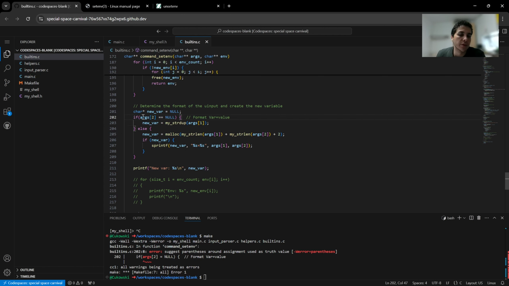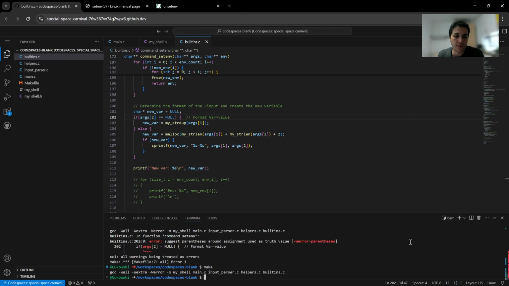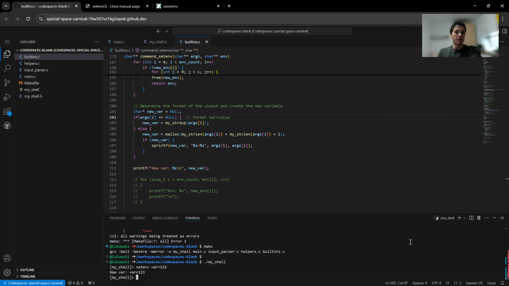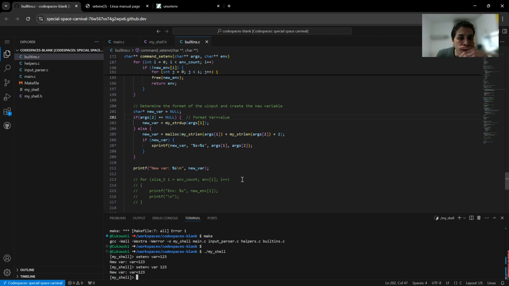Equals null or not args2. Wait, say setenv var equals 1 2 3. New variable is 1 2 3. Setenv var 1 2 3, and again new var 1 2 3. Okay, that's good. So we are successfully getting the argument and saving it as our new variable,